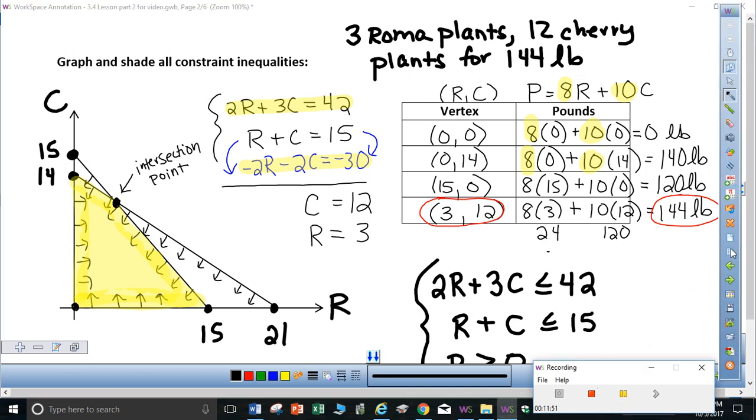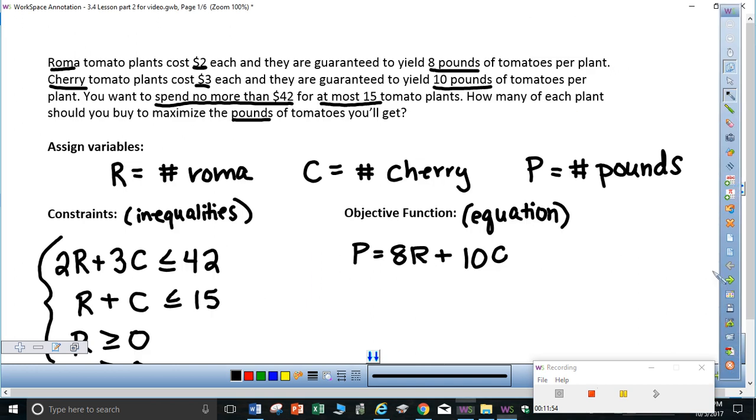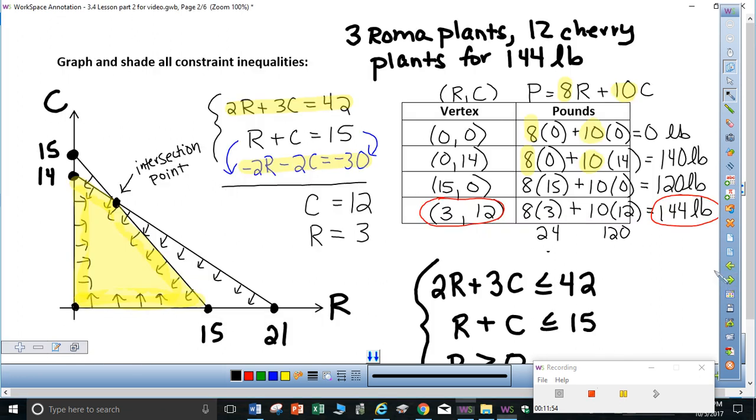Okay, so to do a quick summary, to recap what we've done, the steps that we want to follow are assigning our variables, writing our constraint inequalities, writing the objective function, which is an equation. We're going to graph and shade our constraint inequalities, see where the shading overlaps. We're going to list out the coordinates of each vertex point. We're going to solve a system of equations to find the intersection point, which will be our last vertex here. And then we take the combinations from our vertex points, plug them into our objective function to get the total